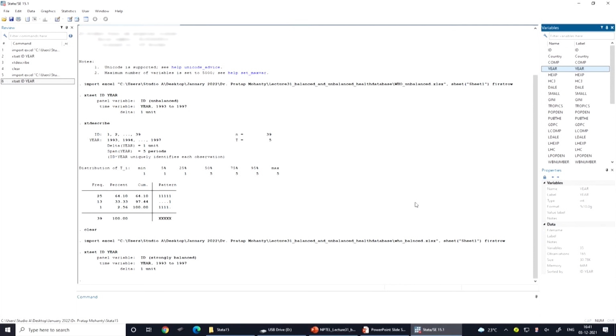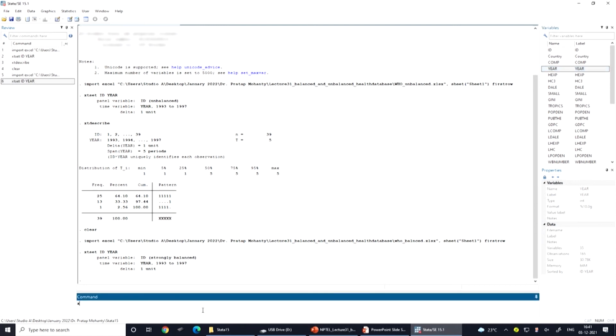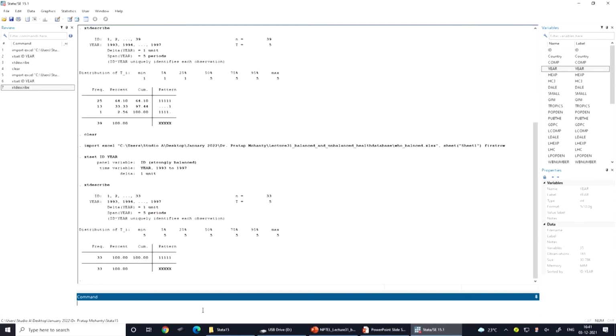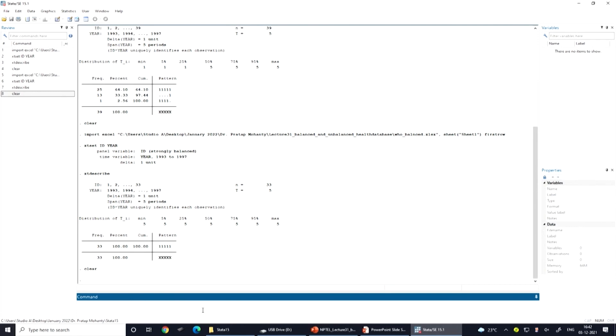Okay. You can also check its description through xtdescribe. Okay. These do files are also shared with you. Now, you can see all those 33 observations are actually repeated in all 5 time periods. So, 1 1 1 1 1, 5 times is mentioned. So, in all 5 time periods all 33 observations are available. So, I think this is not problematic, and I am sure you can easily understand in any database whether it is panel data or not. Okay. So, that is what we explained.